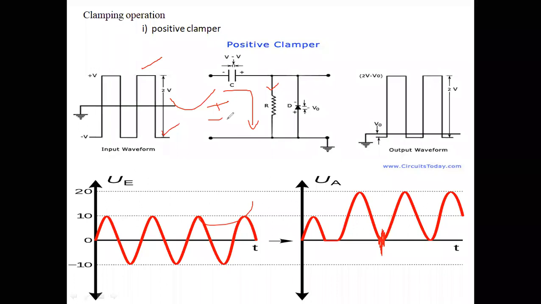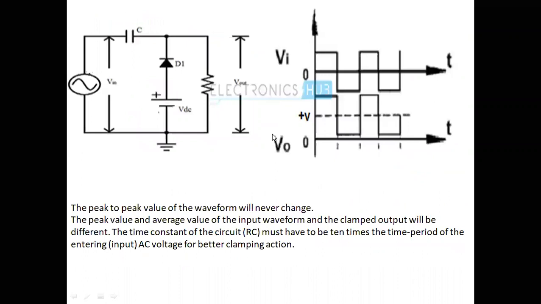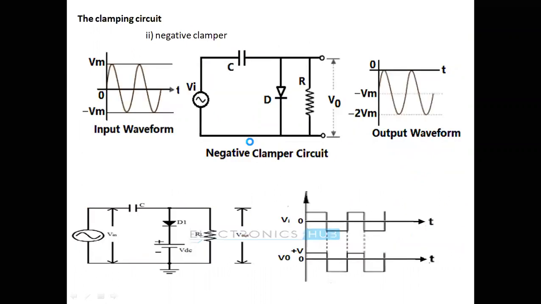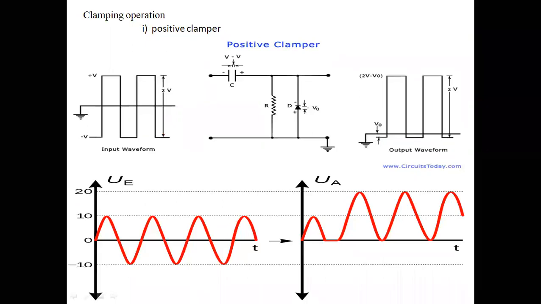This is regarding your positive clipper, for a square wave and sinusoidal. If you have any doubts, you can ask. Otherwise we will go for the negative clamping. We will see the negative clamping in the next class. For today, if we have any doubts,